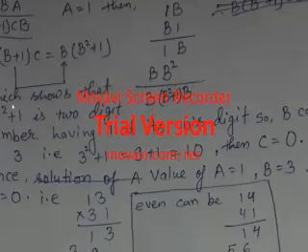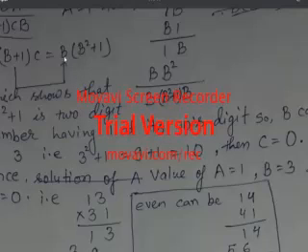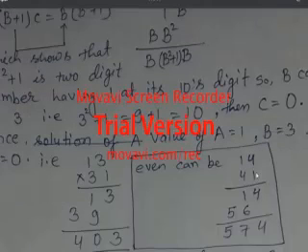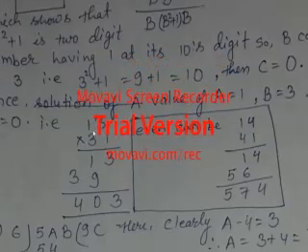I have also written here, which shows that B square plus 1 is a 2 digit number having 1 at its tens digit. So B can be 3. That means 3 square plus 1 will become 10 and 1 will be carried to this B. So B can be 3 and C can be 0, because 0 will be left over in the B square plus 1 position, since 1 will be carried over here. Hence the value of A can be 1, B can be 3 and C can be 0. And the number can be like this, 1331.